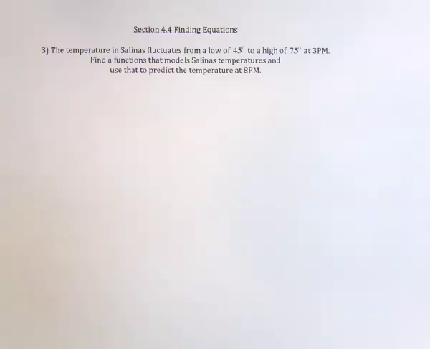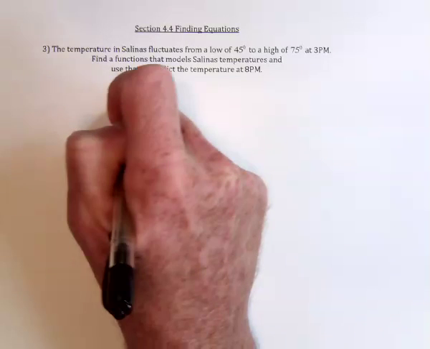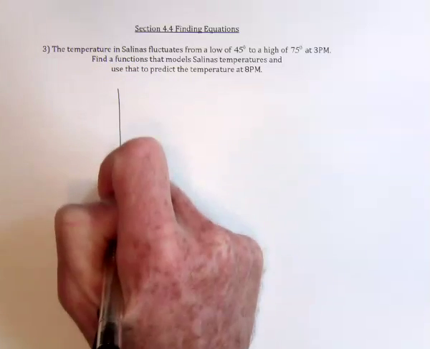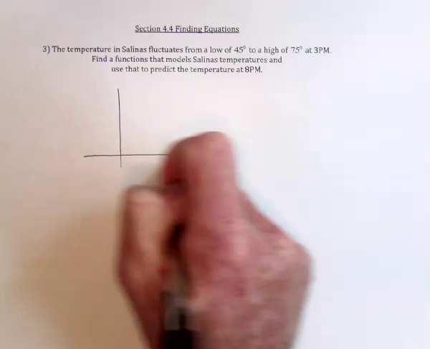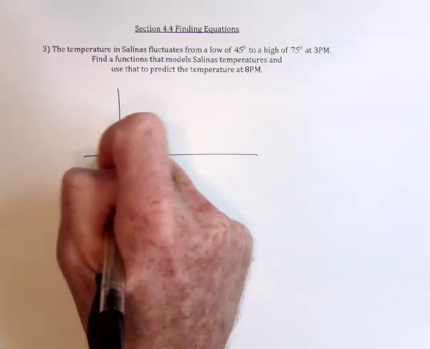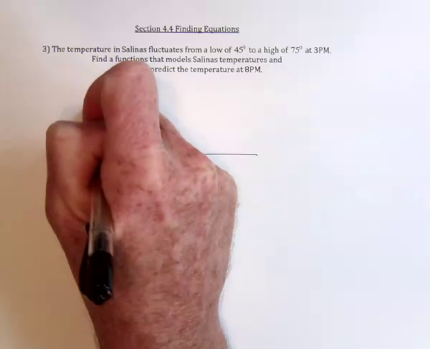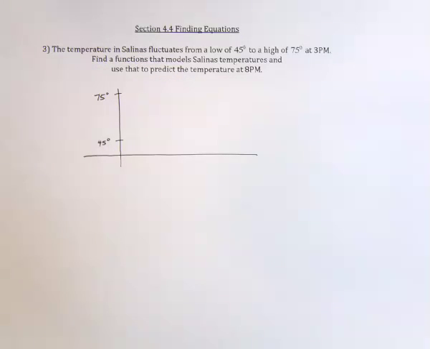So temperatures do fluctuate up and down like sine and cosine functions do, although not as predictably. But for this example, we're going to pretend that it fits sine or cosine perfectly. So we've got the temperature going from a low of 45 degrees to a high of 75 degrees. And we might as well find out what's going to be in the middle, because that's going to tell us